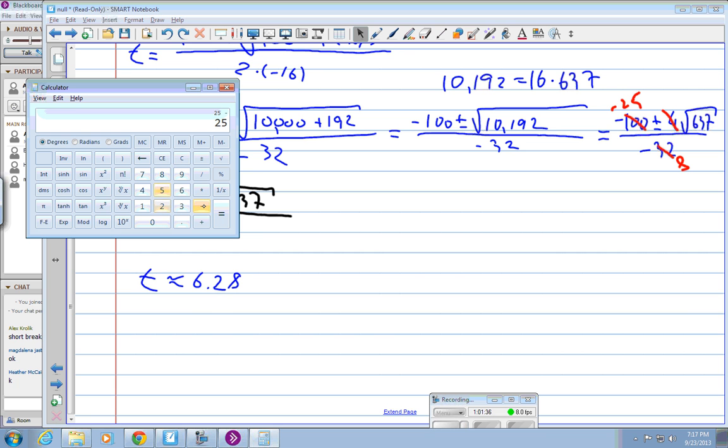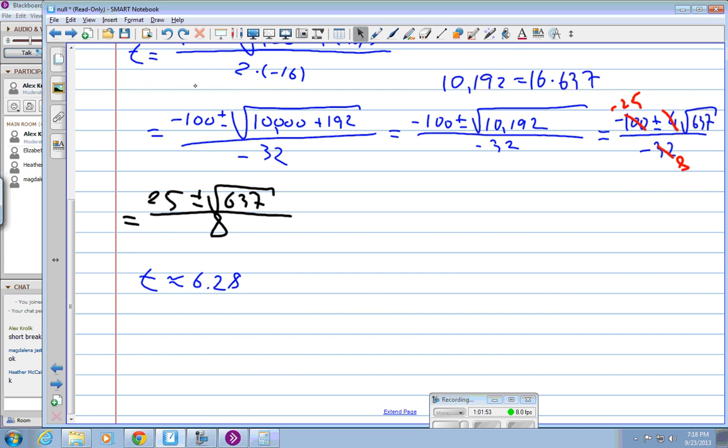25 minus the square root of 637. So you see that's already negative. And if I divide it by 8, it's negative 0.03 of a second. So that answer, we cannot use that answer. So this is how long it took for the marker to hit the ground, assuming I threw it at 100 feet per second. Is that okay? By the way, we haven't used anything new that we learned today about the vertex, but I can ask you now,